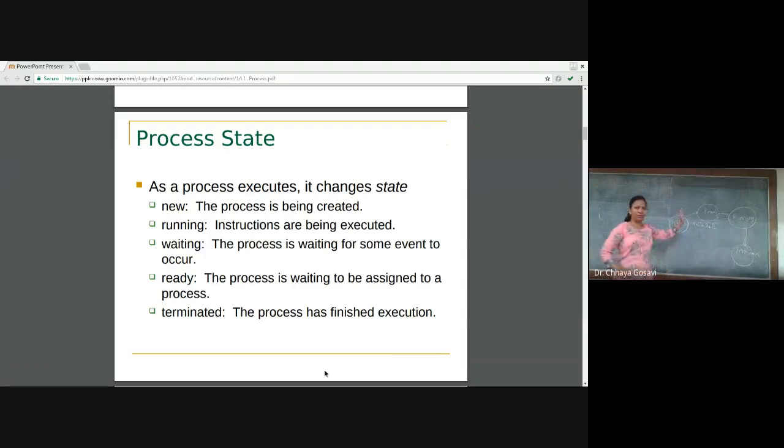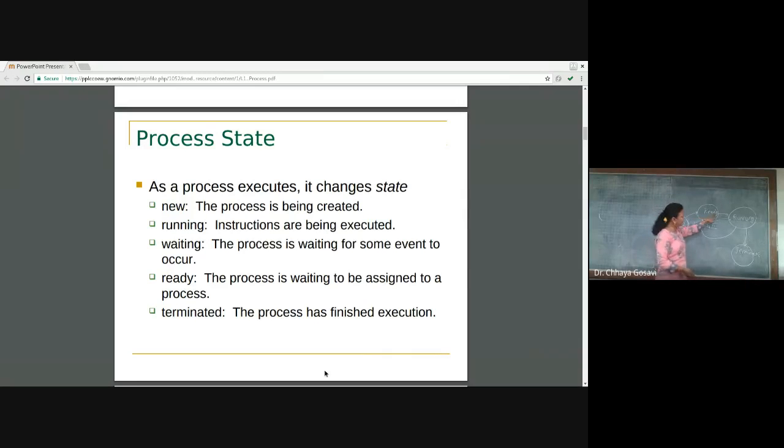So this is the normal or natural flow. Process is created, process is ready to run, process is running and then terminated. But sometimes a process can be scheduled back to ready state. If a new high priority process arrived, then that process can be scheduled for execution, and the currently executing process, which has not yet finished its execution, can be brought back to the ready state.